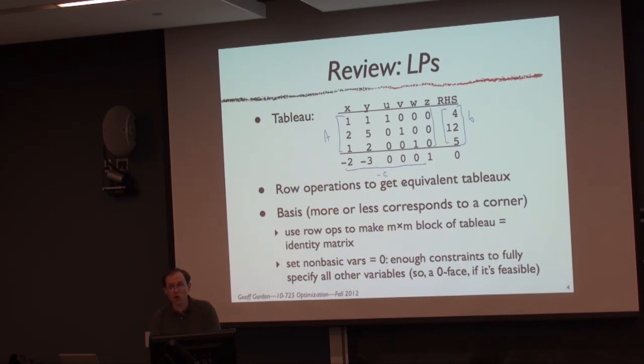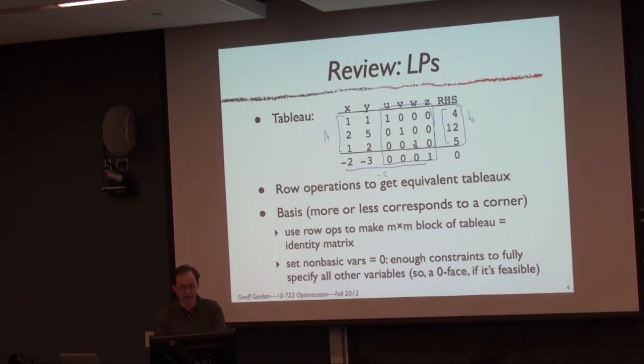We talked about how to do row operations on a Tableau to get an equivalent Tableau, right? So anytime you replace a row by a linear combination of other rows, as long as you don't lose the linear independence, then you've got an equivalent set of equality constraints. And that let us define what a basis is. A basis is basically when we use row operations to make some m by m block of a Tableau equal to the identity matrix, right? So here u, v, w, and z are our basic variables, and we've made their block equal to the identity